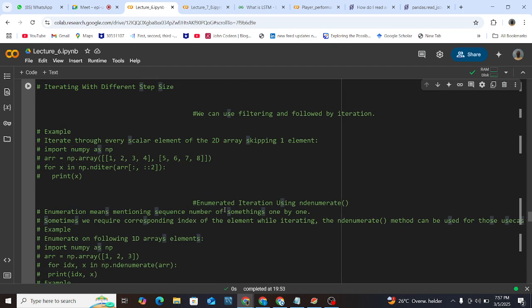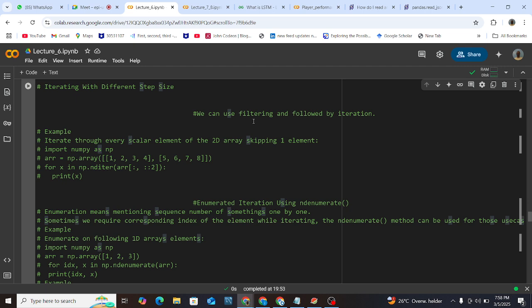I don't know if this one is relevant in this case, but we can have a filtered iteration, and with this I think we learned how you can slice elements in an array. So again, that is how we are saying that we can filter, you can have a filtered